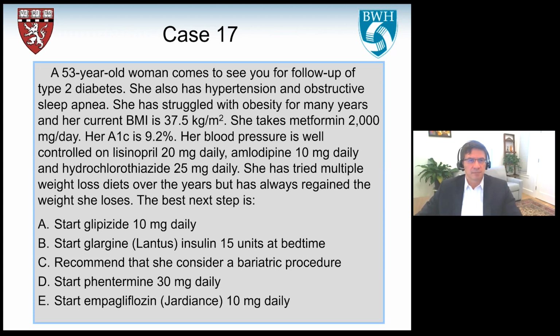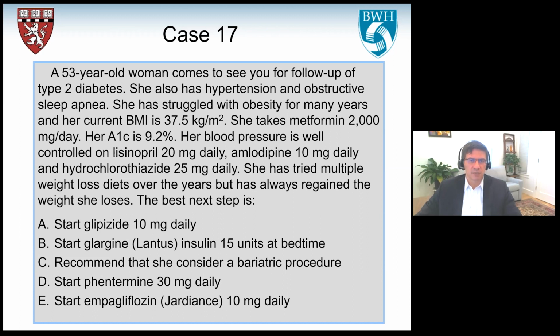Case 17. A 53-year-old woman comes to see you for follow-up of type 2 diabetes. She also has hypertension and obstructive sleep apnea. She has struggled with obesity for many years, and her current BMI is 37.5 kilograms per meter squared. She takes metformin 2,000 milligrams per day. Her A1C is 9.2%. Her blood pressure is well controlled on lisinopril 20 milligrams daily, amlodipine 10 milligrams daily, and